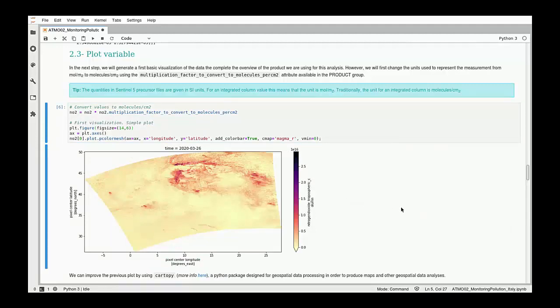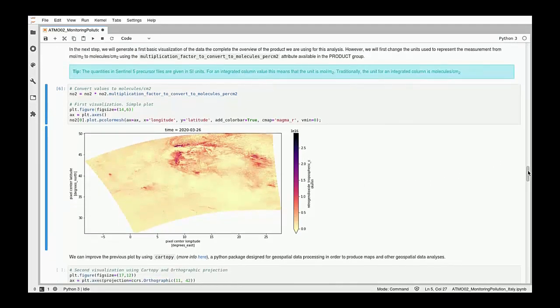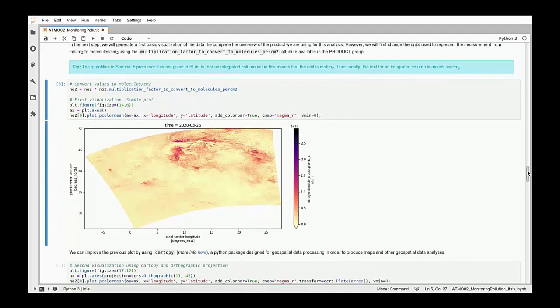So this is the first time we are looking at the data, and the plot is good. There is information here. For example, we can see the latitude and the longitude on the y and x. So you can see a little bit the patterns in the concentrations, the different values, etc. But from my point of view, it is not very helpful because it doesn't help us a